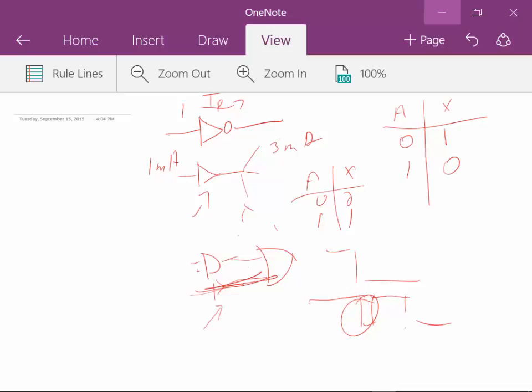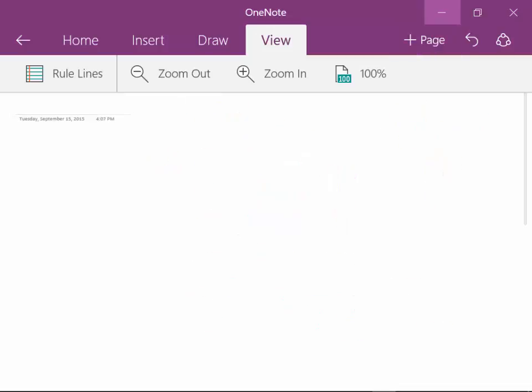Right there. Later on, we'll look at how we get rid of that. So that's the inverter. The next one is the AND gate. Now we can have more than one input for the AND gate. I'm going to show a two-input AND gate: A, B,